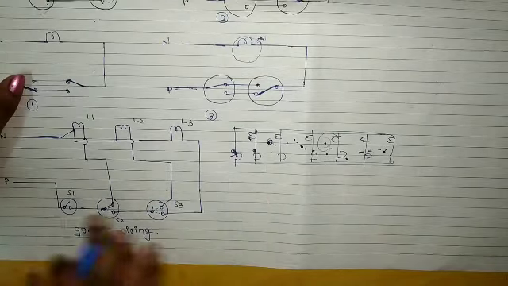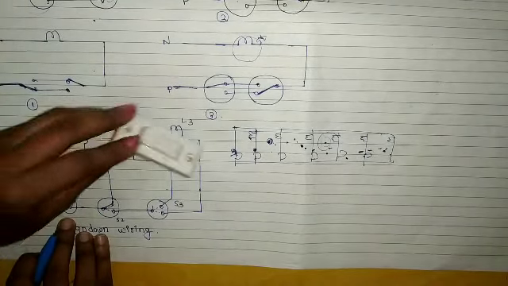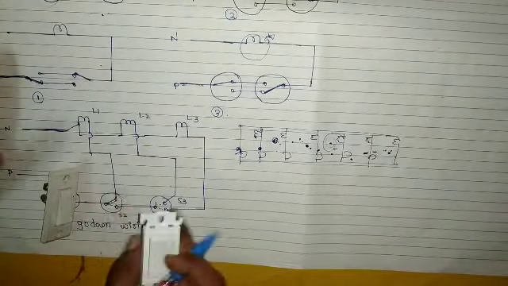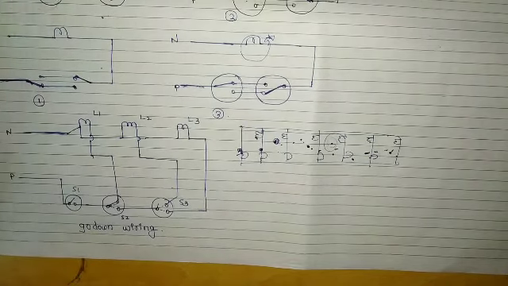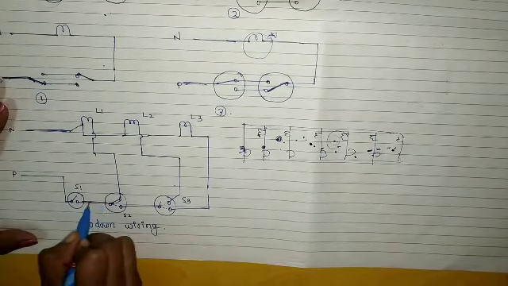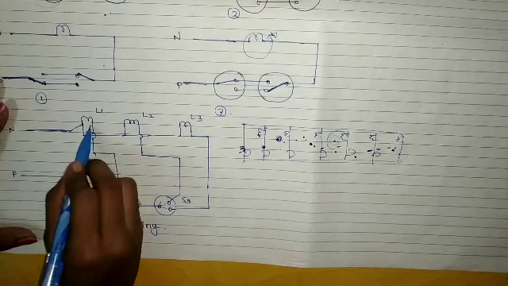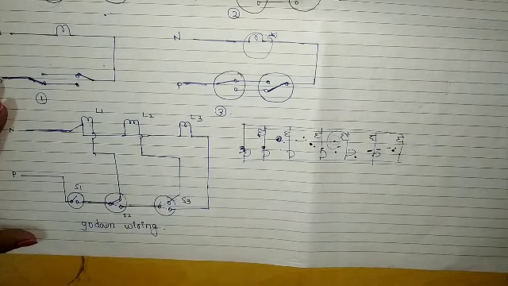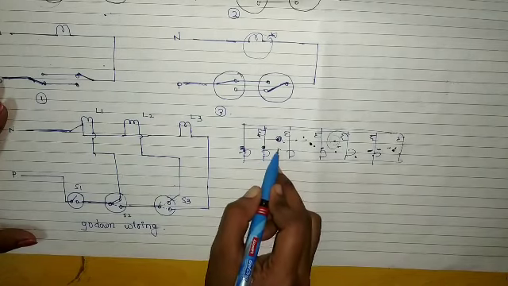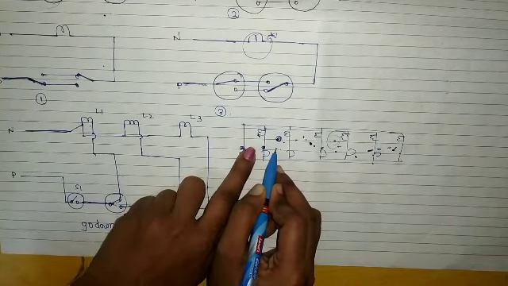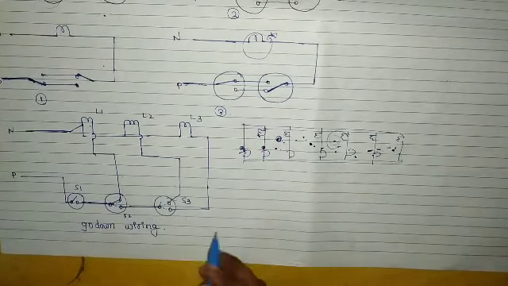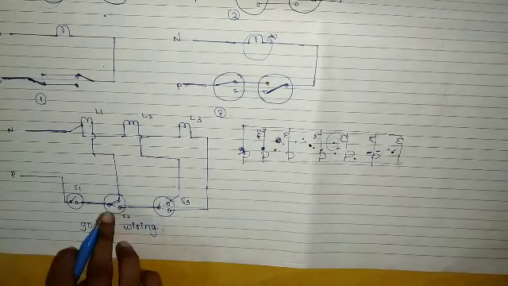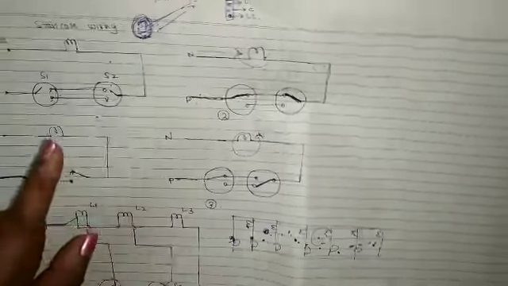So in the first room, our normal switch has to be used. So this switch has to be used here at the first room, and for the second room, a two-way switch has to be used. So this is the diagram. So common is given from here, phase, and then given to the bulb. Similarly from here and similarly from here. So whenever we go in this room, the light of this room must turn off. Okay. So this is the diagram. For the first room, we have to use a normal switch, and for the next rooms, we have to use the two-way switch, which is similar to our staircase wiring.